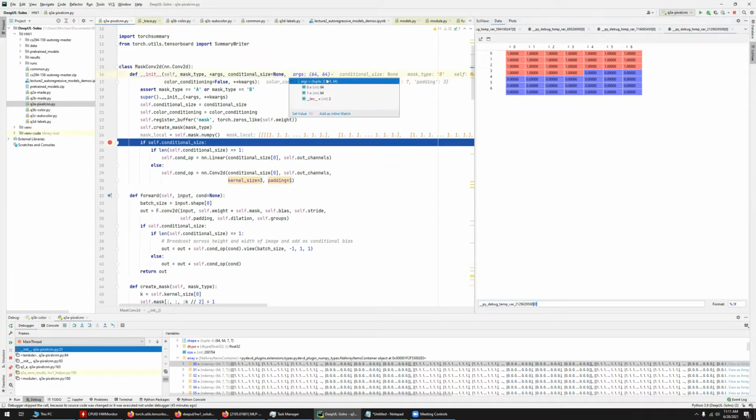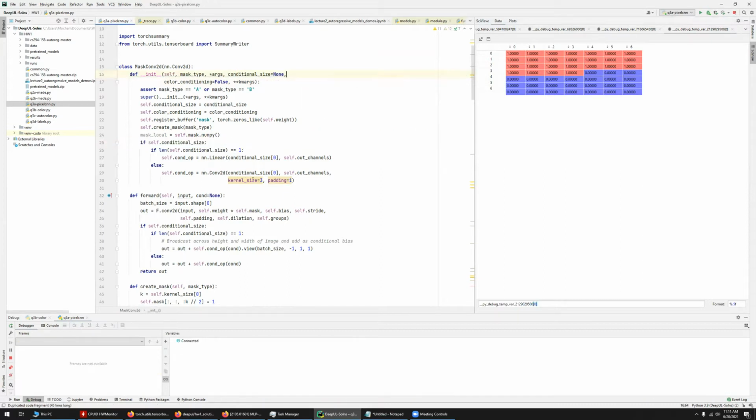It's going from 64 to 64. Just to make that a bit clearer,